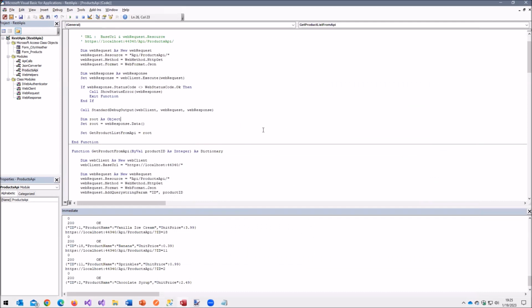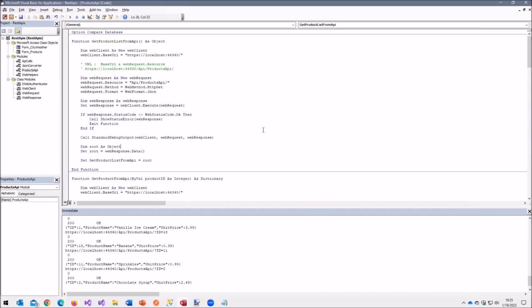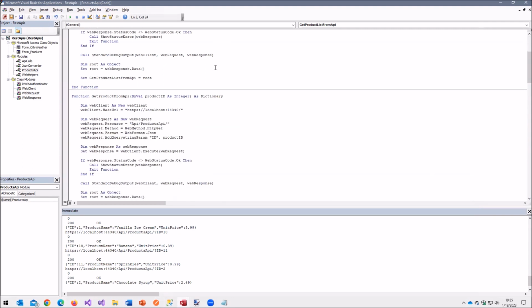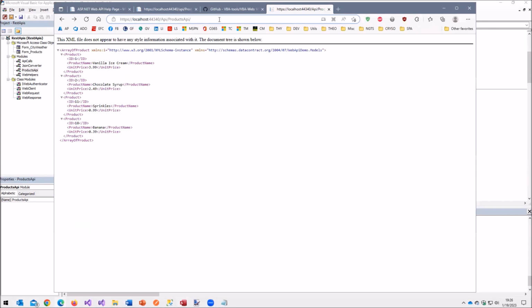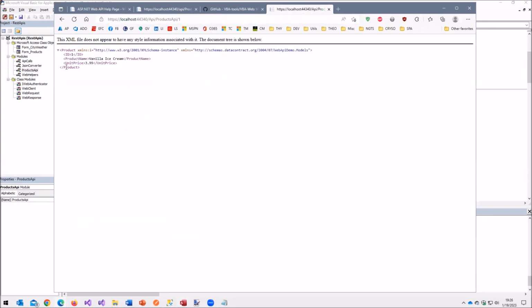So let's take a quick look. That was getting the list. Now we have get product where we pass in the integer. This is exactly the same code, except that I now have a product ID that I'm passing, and I add it as a query string parameter, ID, product ID. So notice that when I put in the ID here, it returns this.